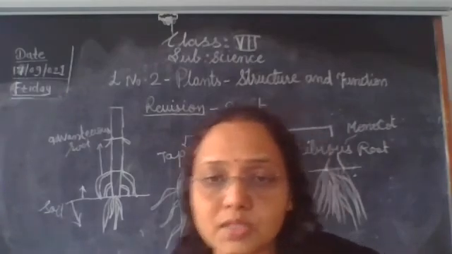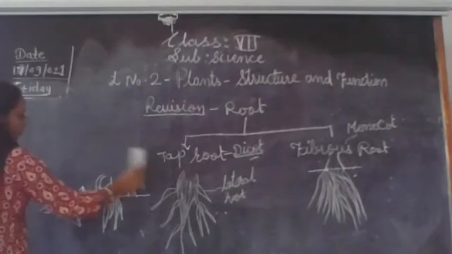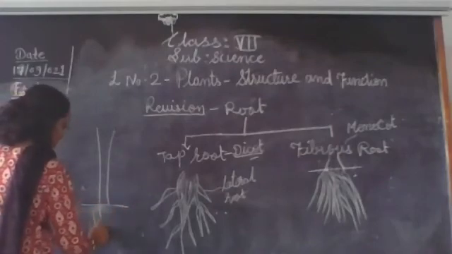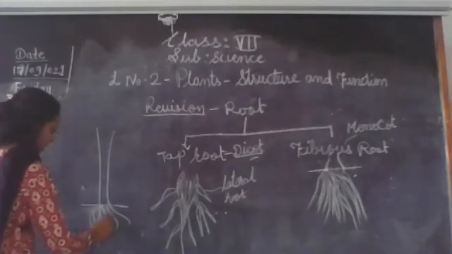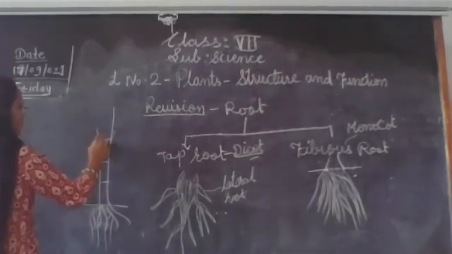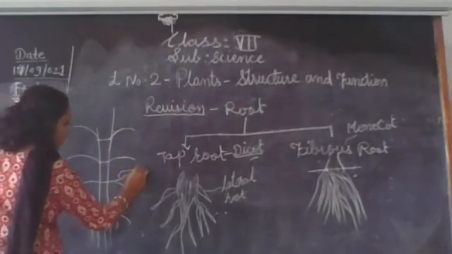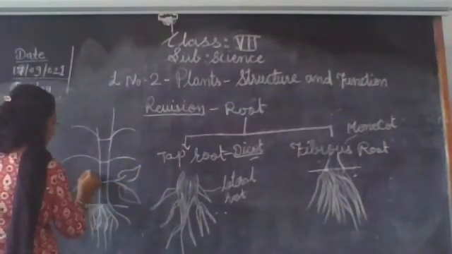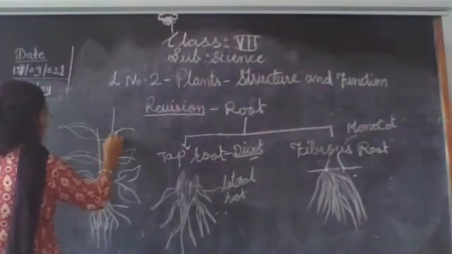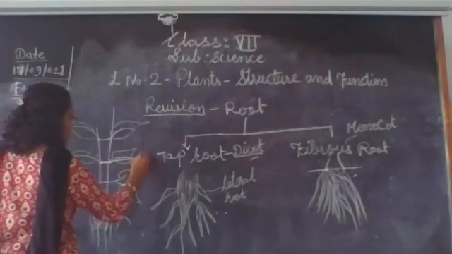If you see the structure of the stem, this is the stem portion. This is the root. You see the plant parts. So this is the stem. Here the stem is divided into nodes and internodes. Usually on the nodal region, the leaves arise. Okay, so this is a node. This portion is a node.